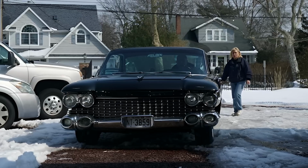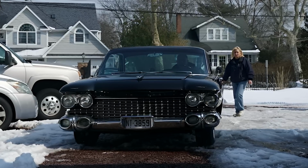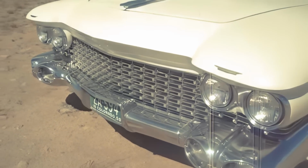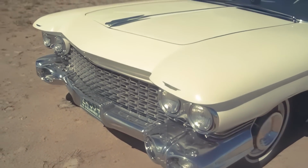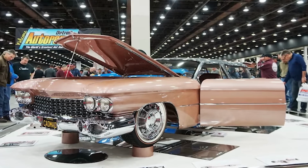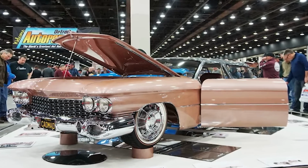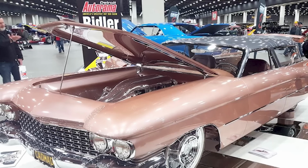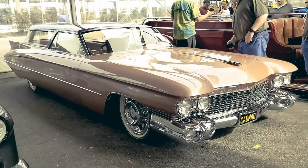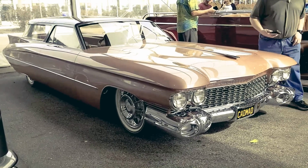With few buyers, extremely low production numbers, and sky-high maintenance costs, the Eldorado Brougham quickly turned into a luxury disaster. Today, it's a prized collectible, but also a reminder. When you obsess over flash and forget function, you risk losing everything that makes a car valuable in the first place. Number